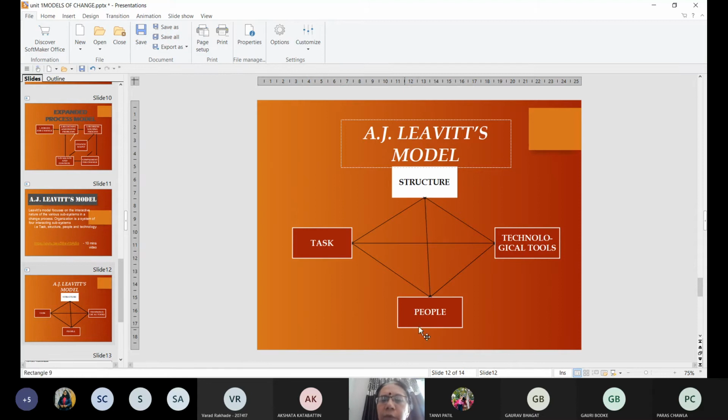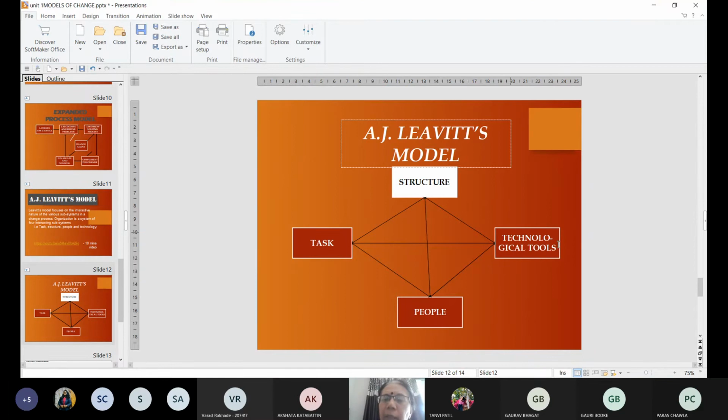हाँ? So if you say people change, यानी top management अगर बदल गया, the manager leaves the organization and goes away, then definitely when you are appointing someone new, तो task बदल जाएगा, structure बदल जाएगा, नया person जो आता है वो नया technology लेके आ सकता है, ठीक है? So change in this one factor, one component will bring about change in these 3.